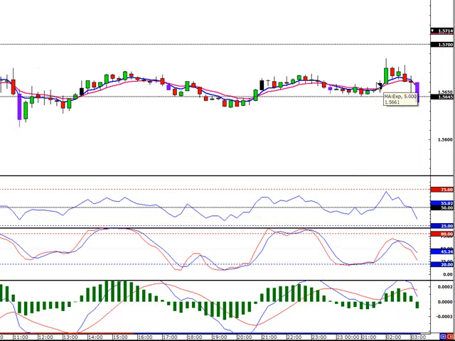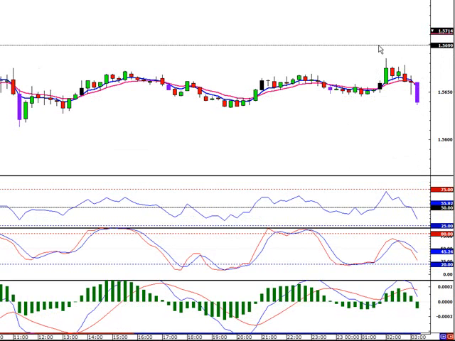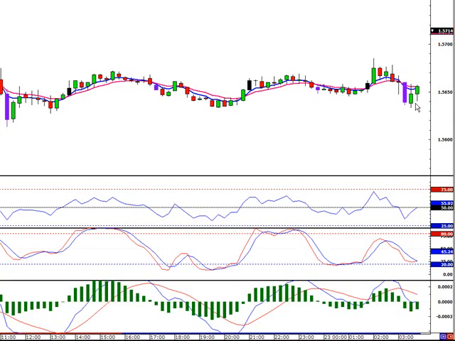And unfortunately, after the initial move up, we did get stopped out at our stop at 56.45. Again, it's another loss, but you just got to mark that down in the books and continue to move forward.